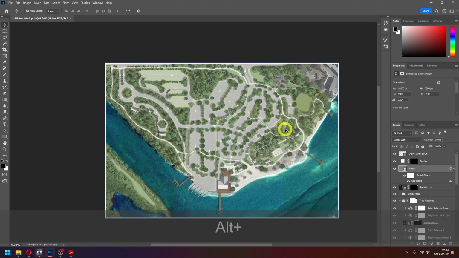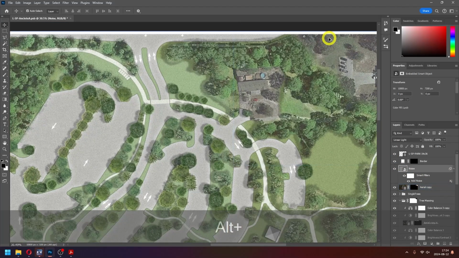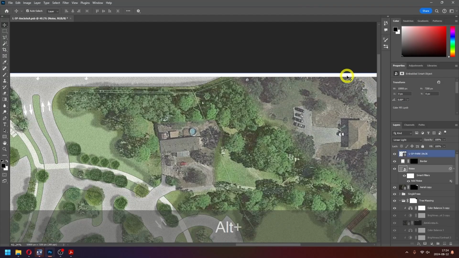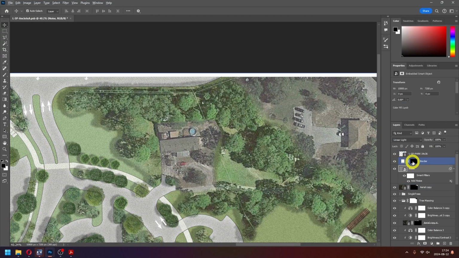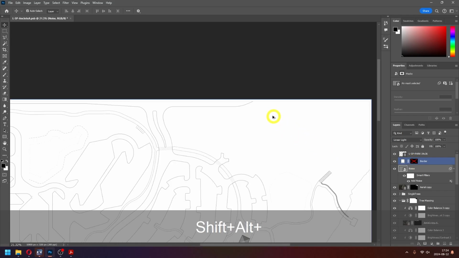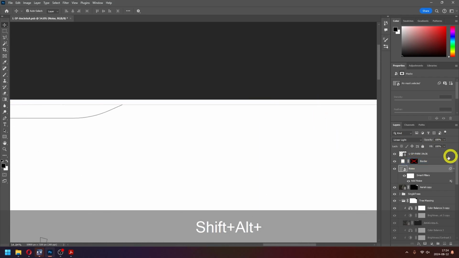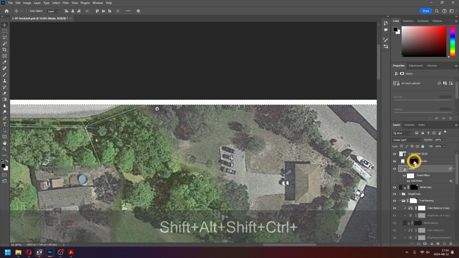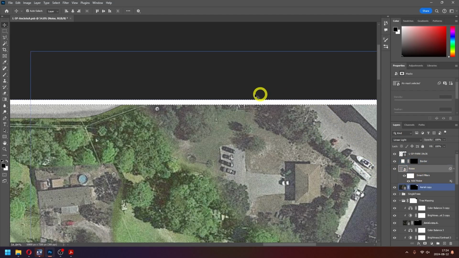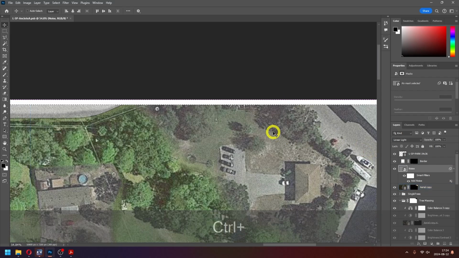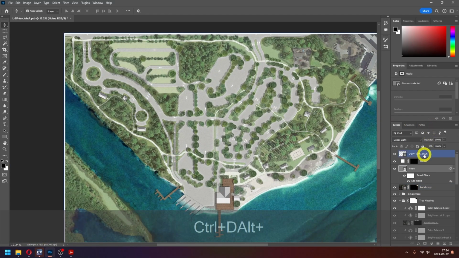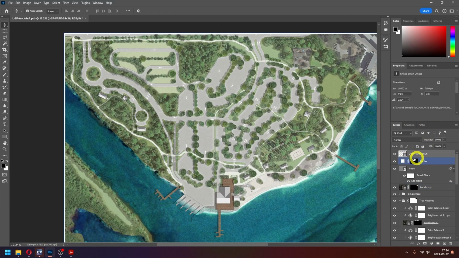Outside of that, I added a little border. All I did for that was lasso select outside of my border. Again, color fill white. You can see that border's right here. And then if I control select the mask, you can see that's the area that is filled in. Very easy. Then again, everything's just on top, or the PDF's always on top, so I can see all the